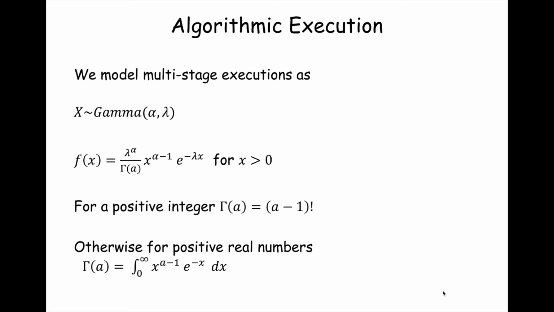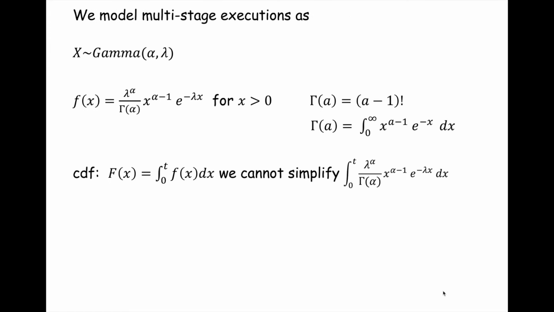Okay. Any questions about this? So this is our gamma density. Let me take a step back here. We have the cumulative distribution function of the gamma, and as a density, we can't talk very easily about the probability of a single data point, because the law of total probability doesn't permit us to, because there are an uncountably infinite number of times x. And so we can't really simplify the expression for the CDF.